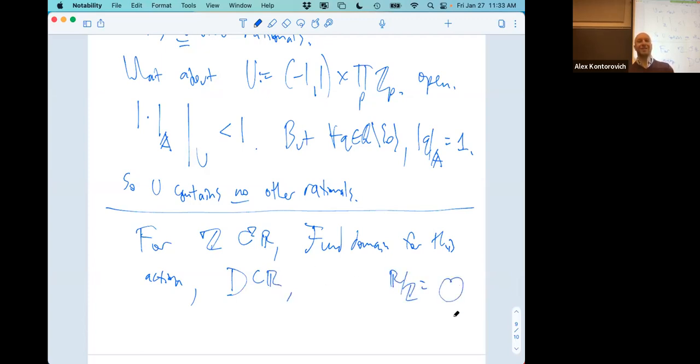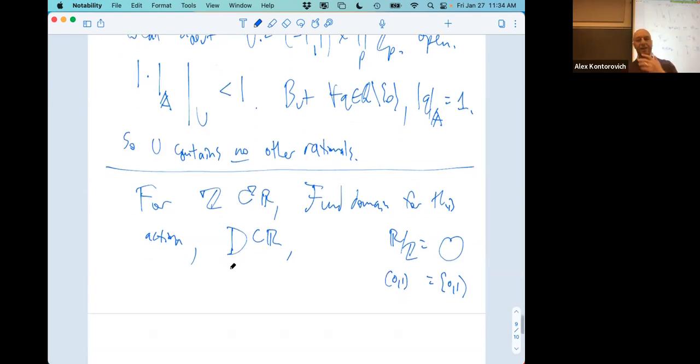R mod Z is a circle, right? Or it's a unit interval, 0, 1, where I've identified the two endpoints. These are all fundamental, so I would like to have a notion for them. A fundamental domain for this action depends on whether you want an open domain or an exact domain. You could say the open set (0, 1): any point in R can be moved into the closure of (0, 1) by an element of Z, and any two elements in (0, 1) that differ by an element of Z are the same element, since the difference is 0. That's the kind of idea. You could also use closed. What do I want to do? Let's do open.